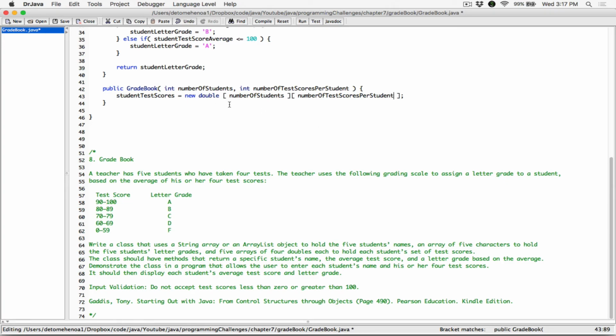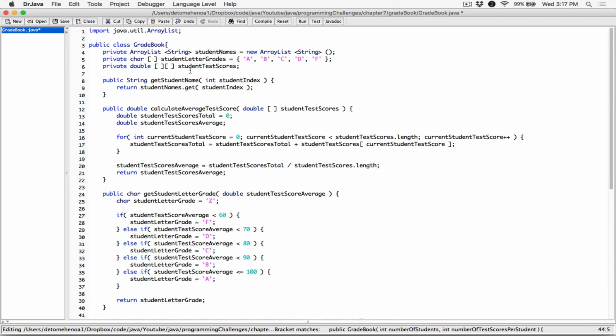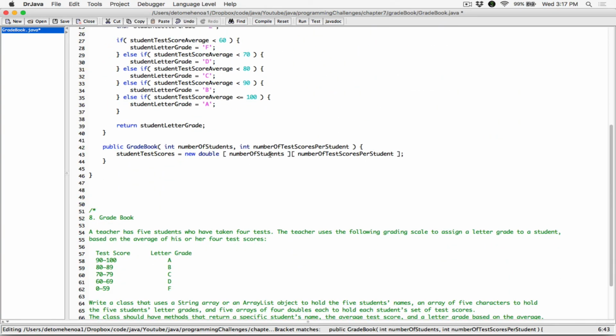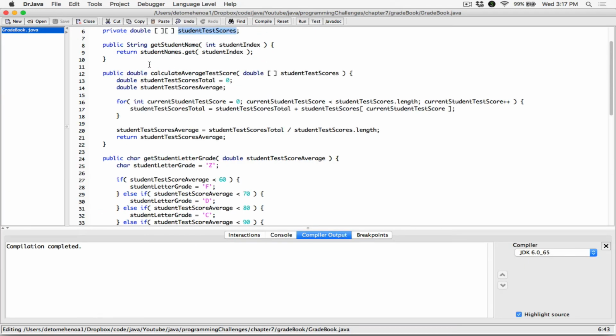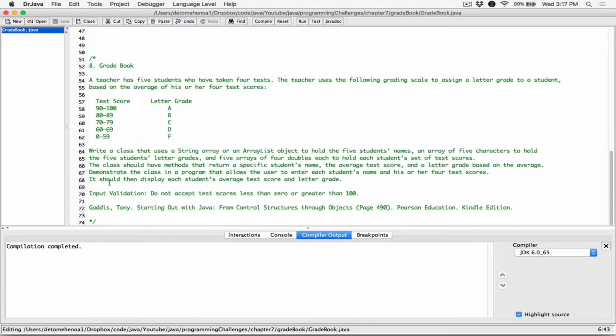So when someone creates an object from this class, it initializes this two-dimensional array to however many students and however many test scores per student. All right. And then that's it for now. So we're done with this gradebook class for now. We'll come back and modify it, but the program says we should go ahead and demonstrate